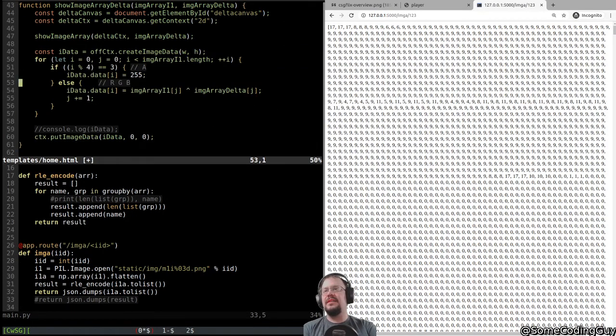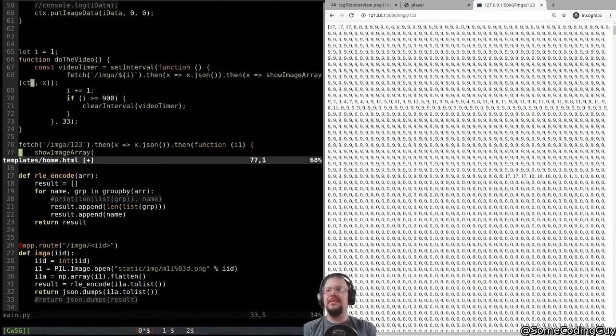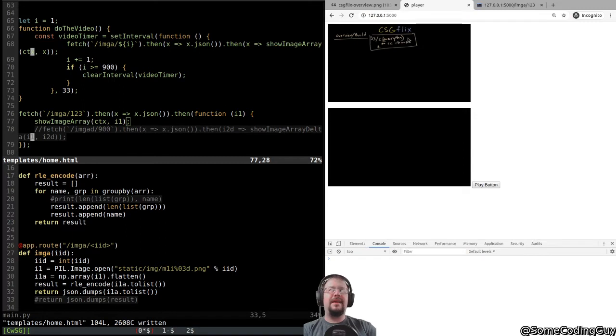So you have to specify which context to draw it on. So that's basically, I want to draw it on the top one, which is called CTX. So let's show image array on CTX of this image that got returned from the server. All right, so we do that and we get our image back. That's what it should look like. Okay, so